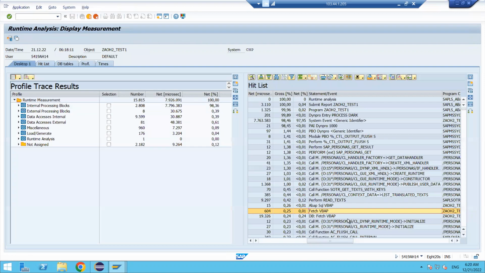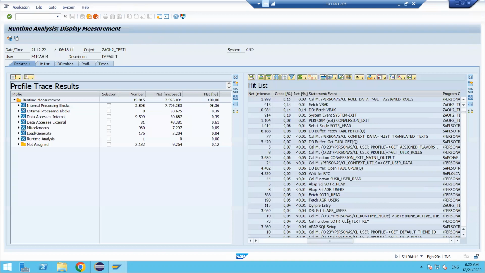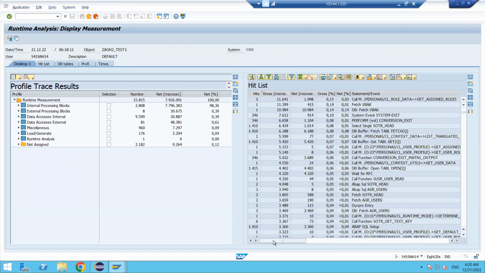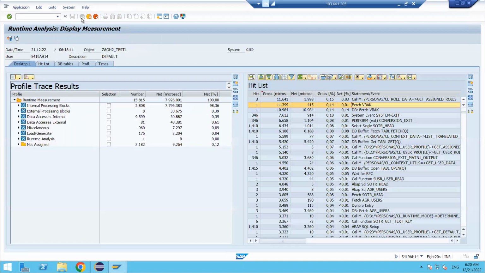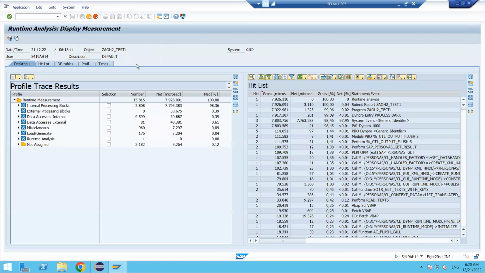For the same thing, if you scroll down, you can see some VBAP looping statements. All these things we can get here. Fetch VBAK is coming for this one, and it is taking something like 11,399 microseconds. If you double click on that, the cursor will stop at that place. Click on the back button. In this way, we can find out which statement is taking how much time. Coming to the next